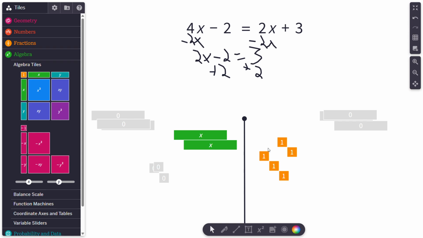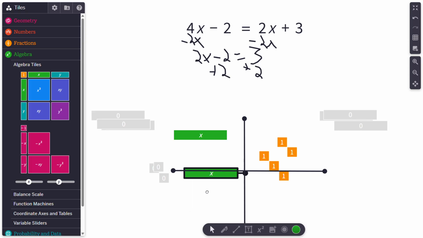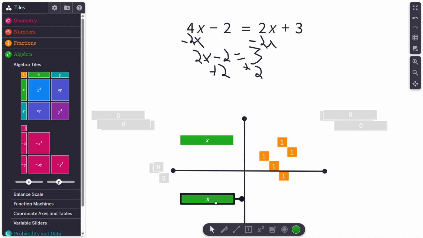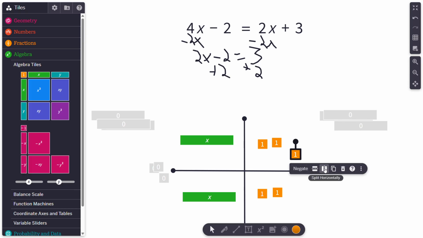So in order to split this up, we have to split this into 2 equal groups. So we'll put a line through the middle here, boom. And then we will split the things. So we'll put x on one side, x down there, and then we got 2 of them on here, 2 of them down here, and now, oh no, what do we do? We take this and we can split it. And then we're going to grab